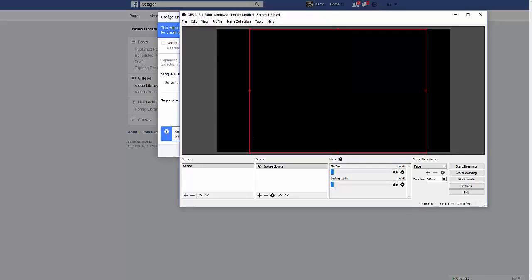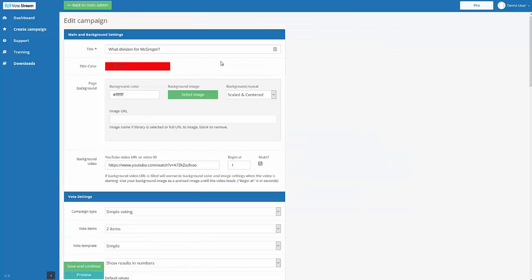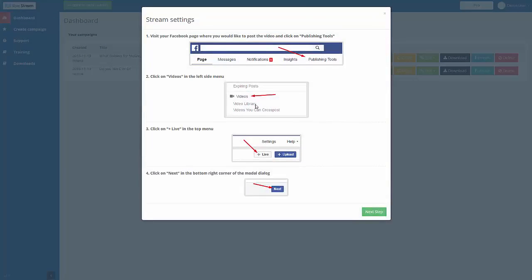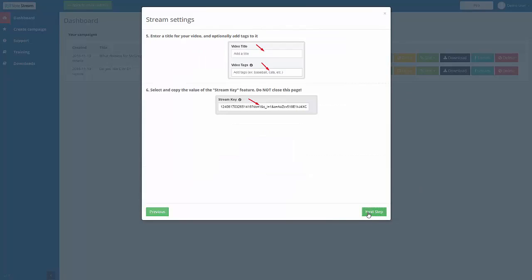So we go back into VoteStream now, into our campaign that we just saved. Back out to the dashboard. And you can see here now steps. It gives you every single step with arrows, with instructions. You cannot mess this up. It could not be simpler. So I'm just going to skip through it quickly because this is just a